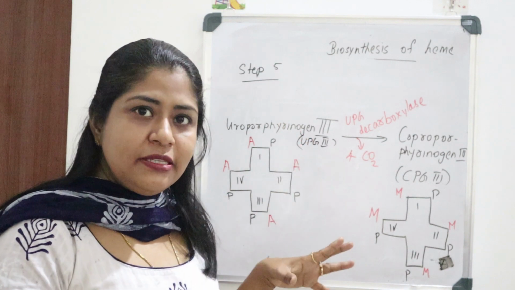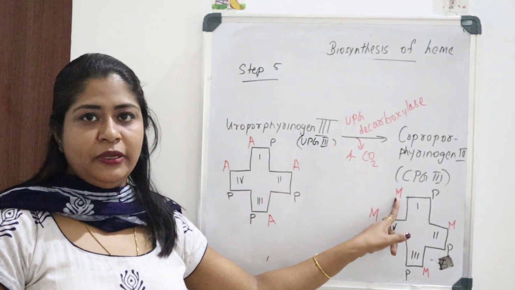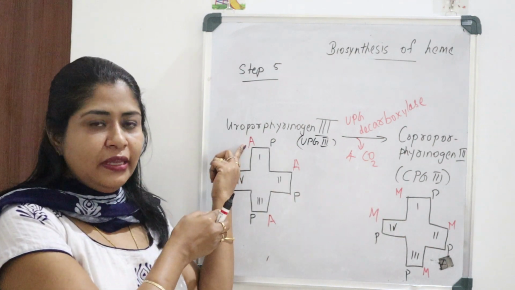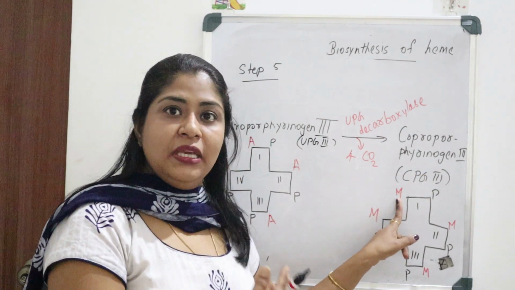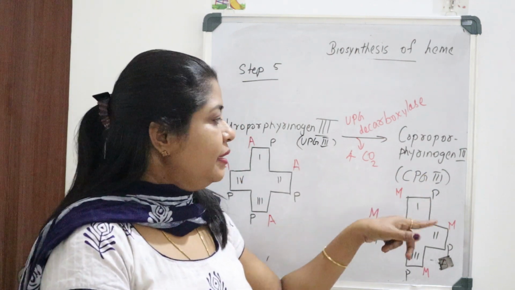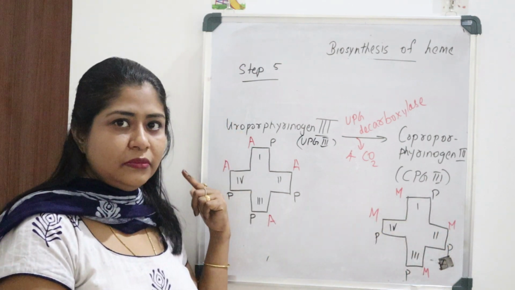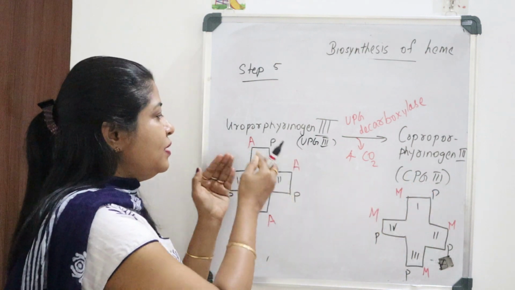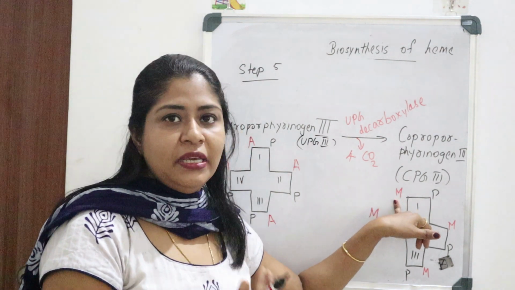So actually what happens here means, instead of this A we can see methyl group here. So this acetyl group we can see in the uroporphyrin 3. Coming to this coproporphyrin 3, instead of this acetyl group we can see the methyl group. And again there comes the methyl group propionyl, MP, MP, PM. Same. So that's what happens in the CPG3. For uroporphyrin we can see the acetyl group, and in coproporphyrin instead of acetyl group we can see methyl group.